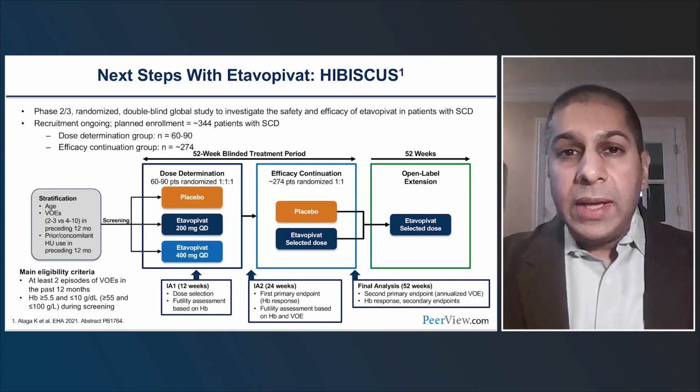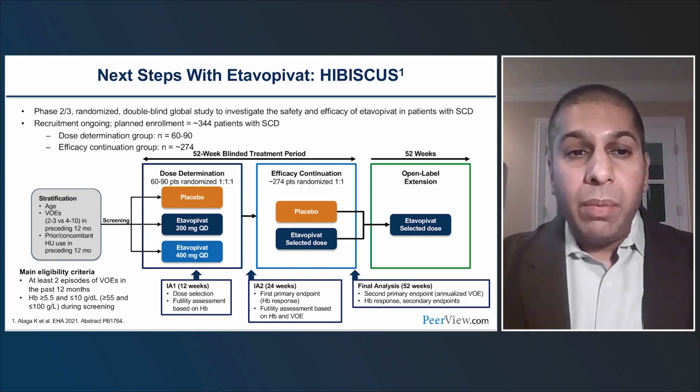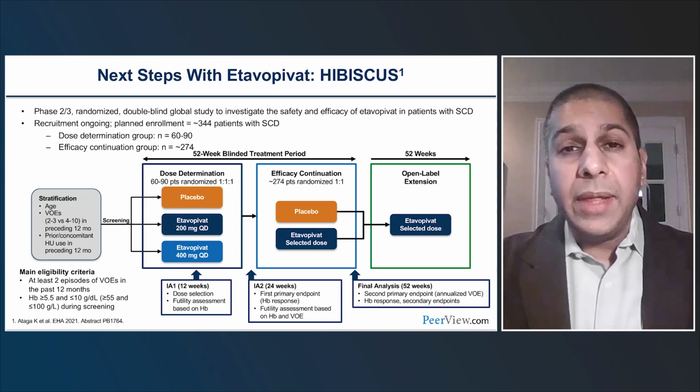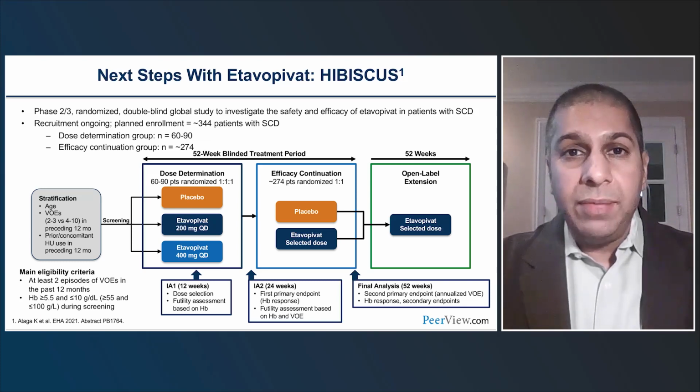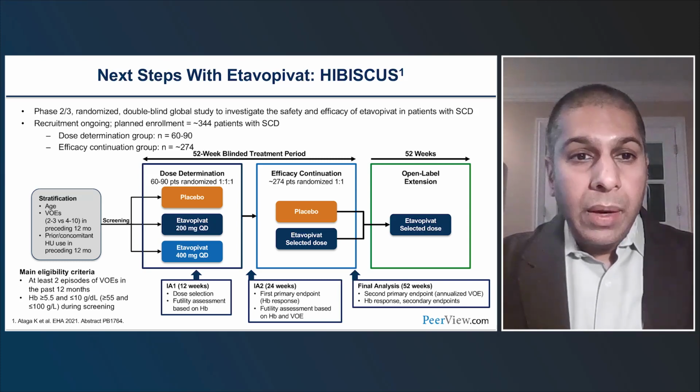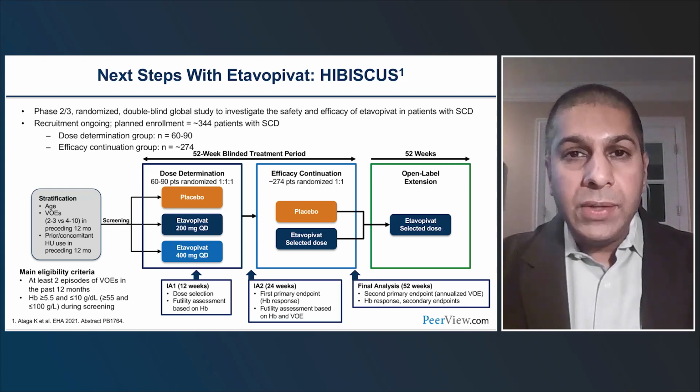So one of the studies that could be discussed with the patient is the HIBISCUS study. And this is the etavopivat phase 2-3 randomized double-blind global study that is evaluating the efficacy and safety of etavopivat. So the recruitment is currently ongoing, and there are different phases to this study. First, the dose determination phase, where people will be randomized to either placebo, etavopivat 200 milligrams, or 400 milligrams, followed